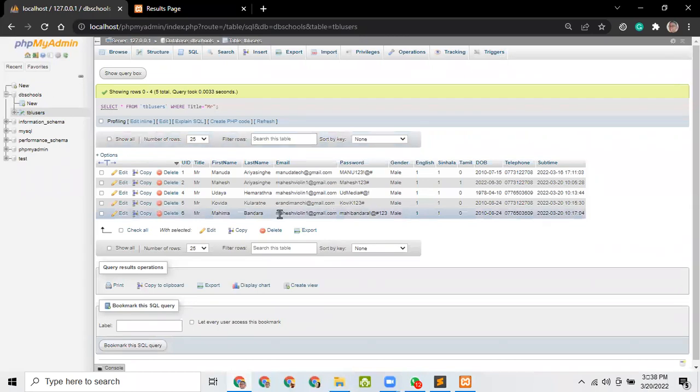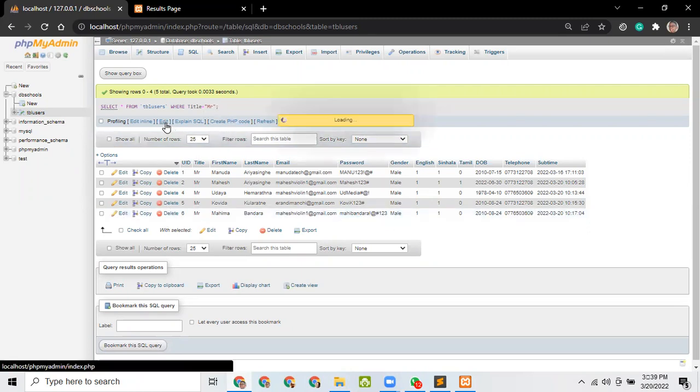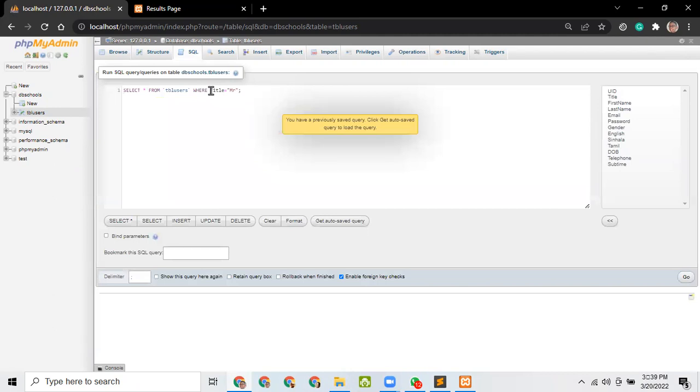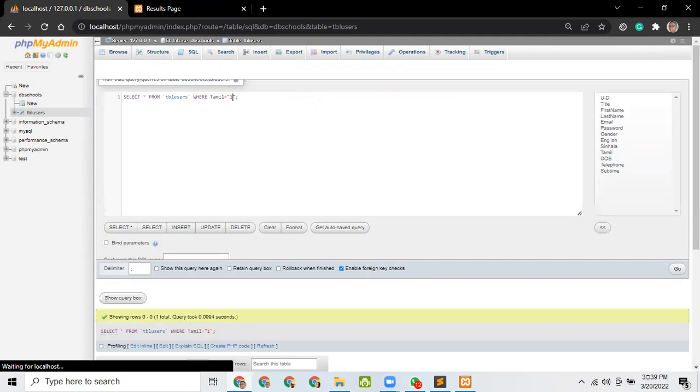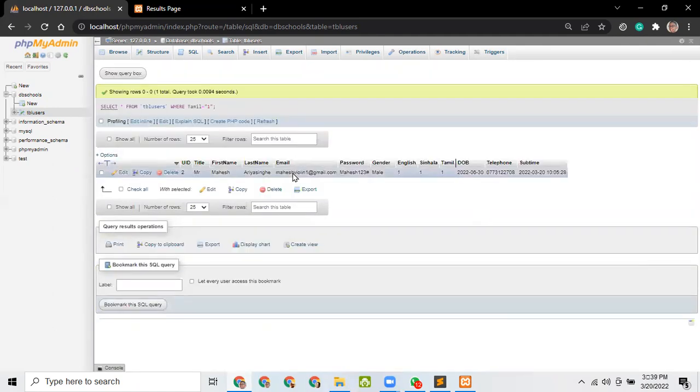I need people who can speak Tamil. How do I get that? Where Tamil equal 1. Try it. You can see only Mahesh Arya Singh can speak Tamil, so he will be retrieved. Likewise